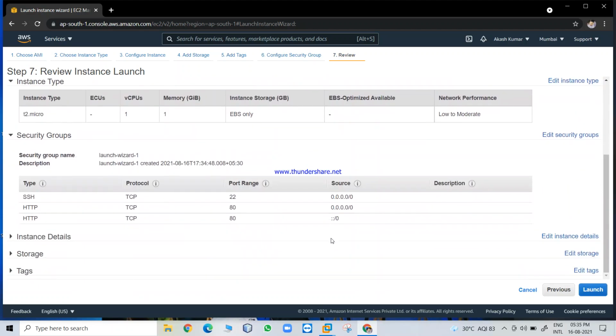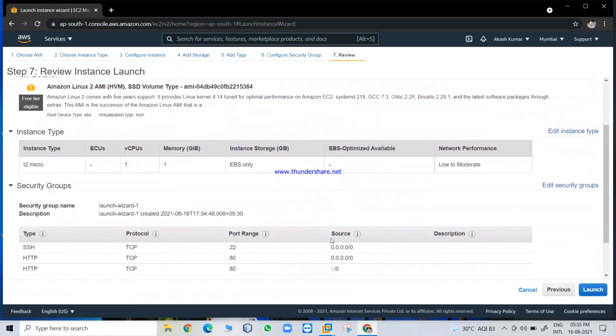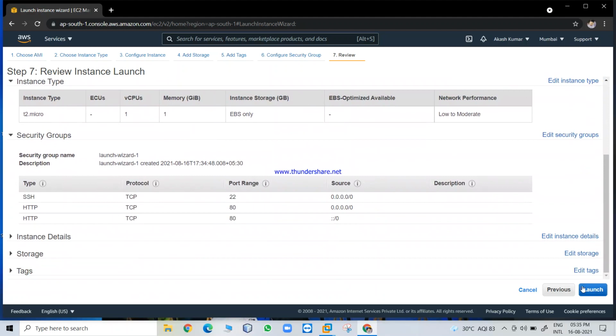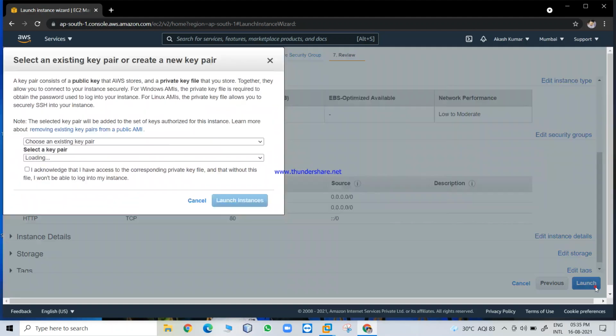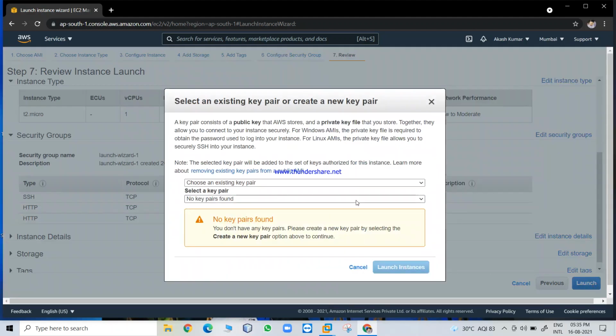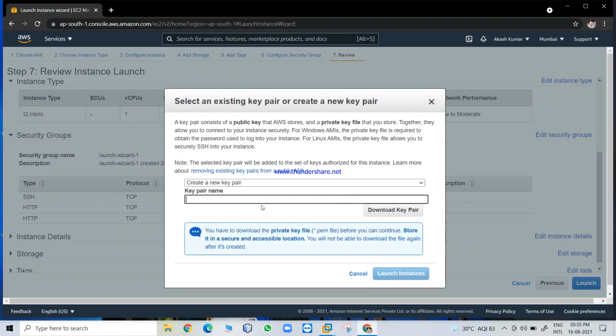Then you can see that whatever you added will show in this. Then we have to hit the launch button. Then we have to add a key pair. Just create a new key pair and give some name, like exam, I will give.